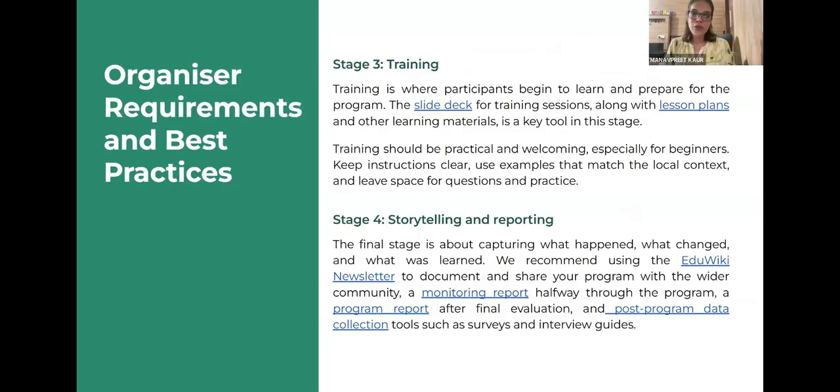And then stage 4 is the key for any program to actually gain visibility, to gain impact or long-term engagement. That is the pure intent of every organizer, which is storytelling and reporting. In the aspects of reporting, organizers have often focused more on reporting how we have used money, how many articles were created, how many people participated.